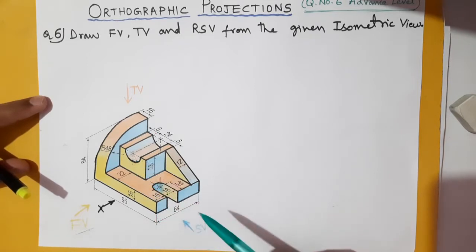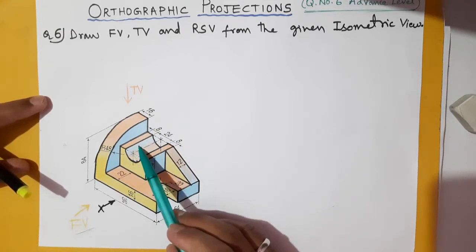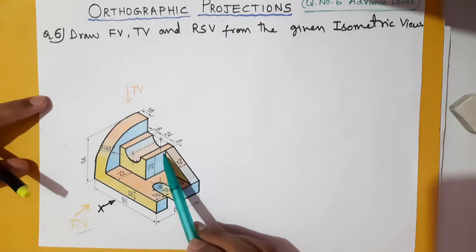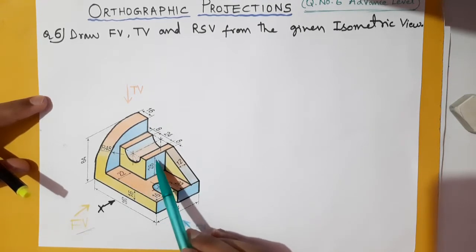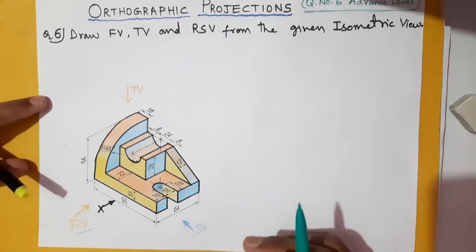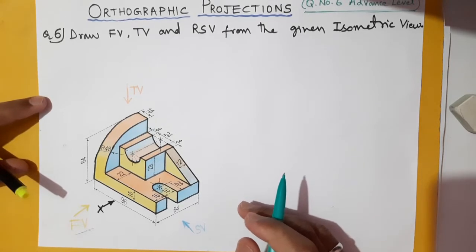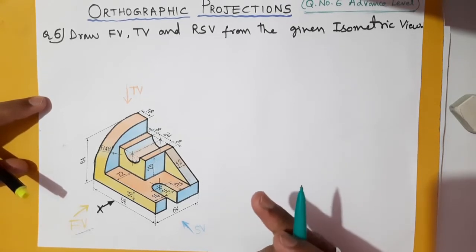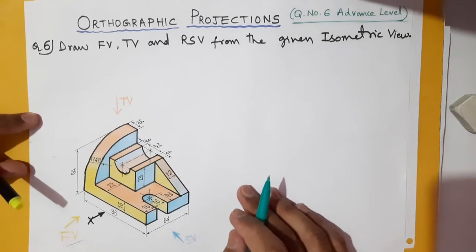But if you see from here, this surface you won't be able to see anyhow, because this block will overlap it. Okay, let us start the problem first with the front view, and then we will go for dimensions, all those things. Here I am starting the problem. Stay tuned with this video till the end.